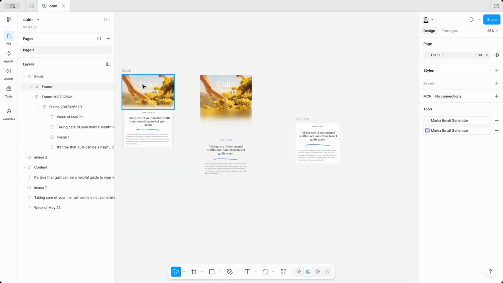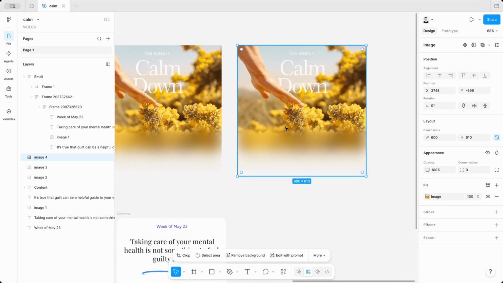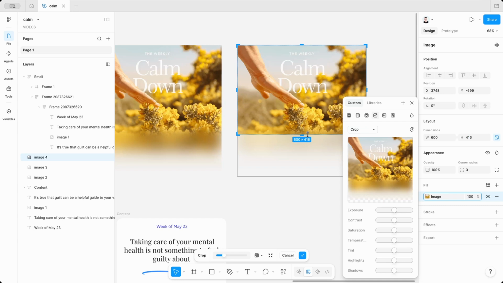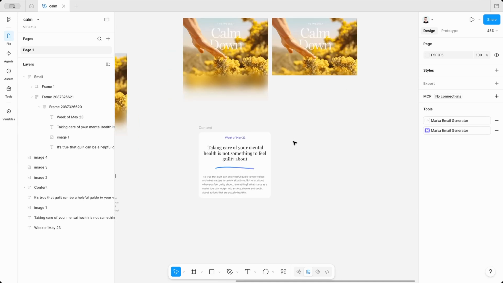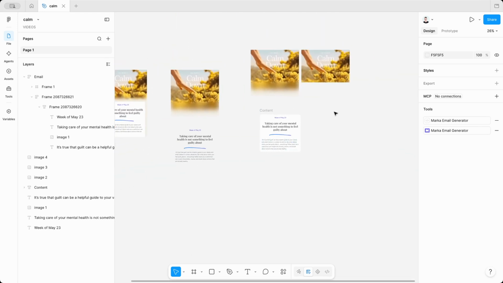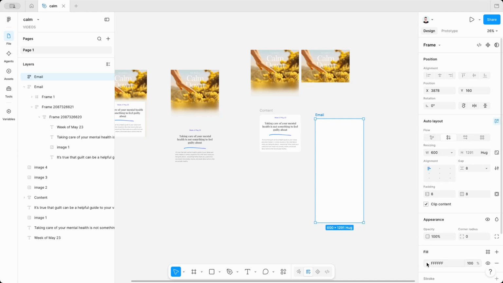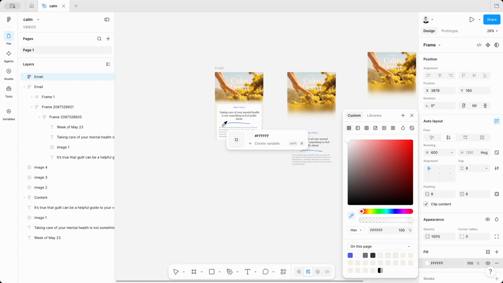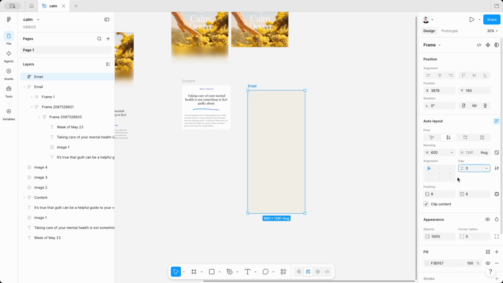Then let's create this top section. This is the original image from the original email. So let's crop it by this line and create a new email body frame, this 600 width, then apply auto layout, set fixed width, add background color from the original email, remove default spacing,